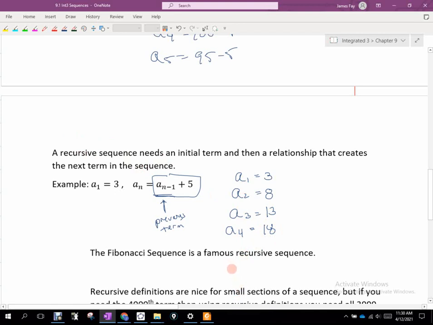Some recursive formulas can be rewritten. If that difference between all of them is 5, can I do something like that? Take that difference and multiply by n. Now, if I take 5 times n, that does not give me this, with n being 1. So I go 5 times 1. Does that give me 3? No. What would I need to do to get that to be 3? 5 times 1. How do I make 5 times 1 turn into 3?